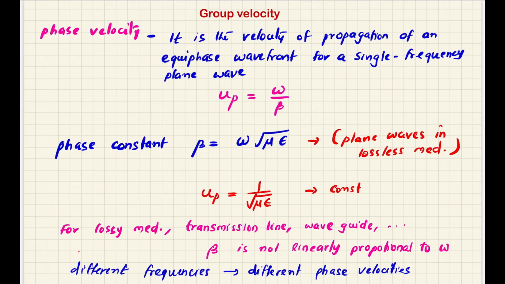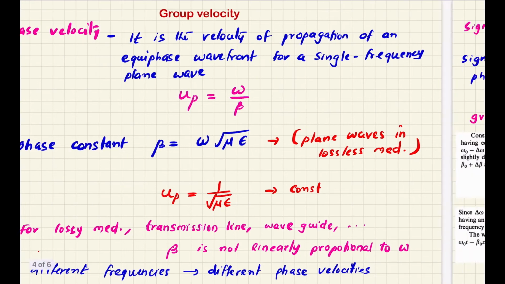This situation occurs in the case of lossy media, transmission lines, waveguides, etc. In these kinds of media, the phase constant is generally not proportional to omega, and in such cases, if there are many frequency components, not merely one, then all these different frequency components will travel with different phase velocities. So the impact of this is